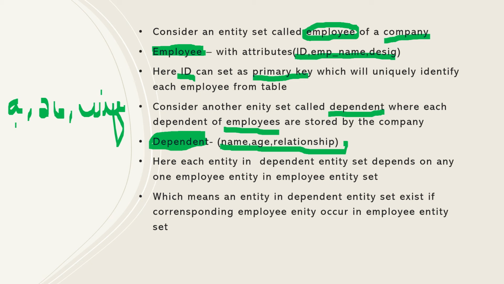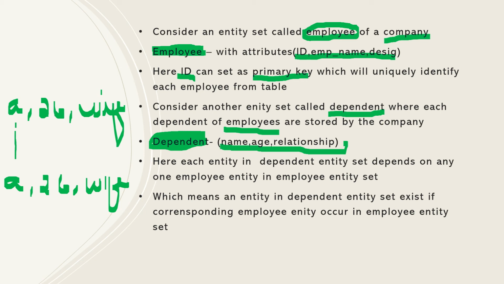Suppose that in that manner the entity set stores each entity, and there may be some other entity who also has the same name A. Maybe her age will be 26, the same age, and she may be the wife of any other employee. That is, in the case of the dependent entity set, we cannot uniquely identify each and every entity using any of the subsets of these attributes.